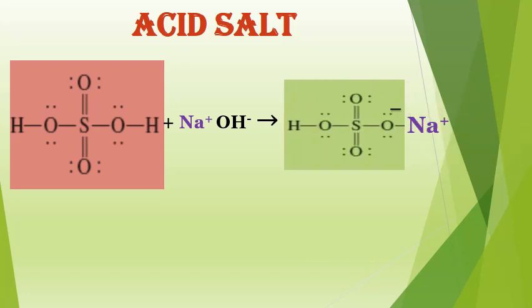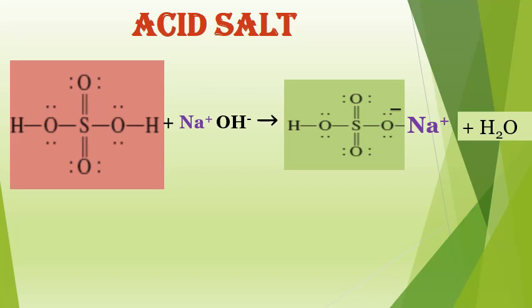So as a result, what happens? You get sodium bisulfate. Now what has happened? There are 2 replaceable hydrogen ions, but only one of these 2 has been replaced by a basic radical, that's sodium ion. This compound which has been formed is still a salt, but this salt has been formed by partial replacement. So out of 2, only 1 has been replaced, 1 still remains. You can see in the salt, 1 hydrogen atom is still present there. This is called an acid salt. Along with it, we get a water molecule.